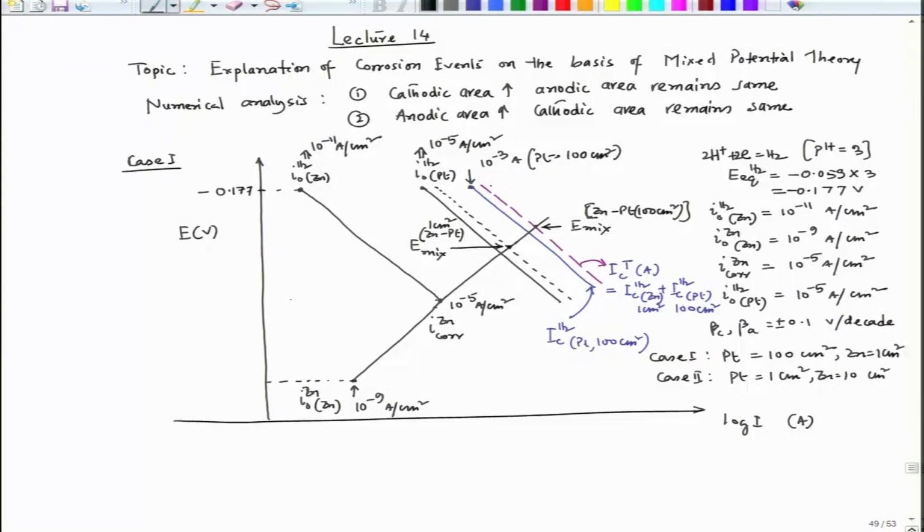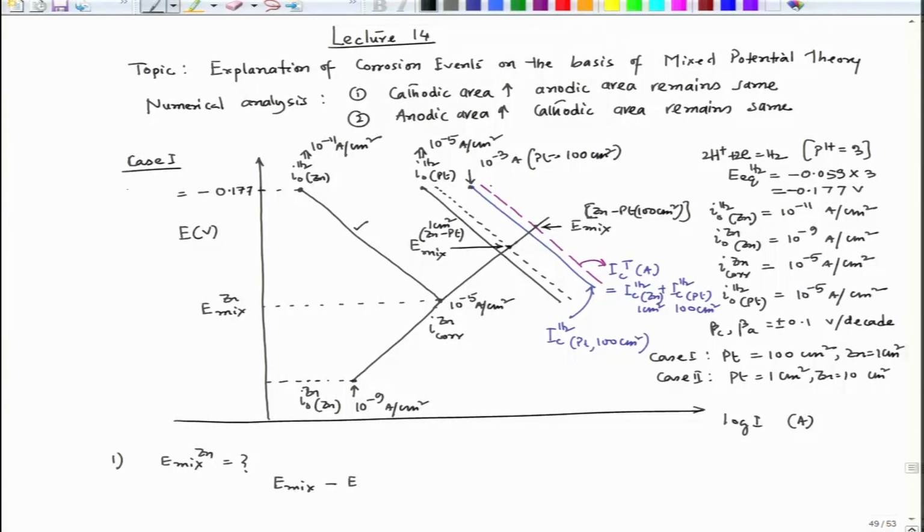Now we have to find out E mix zinc. So now if you want to mix, try to find out. So the first thing, let us find out E mix zinc. In order to do that, we just take this line. If we take that line, so E mix minus E,